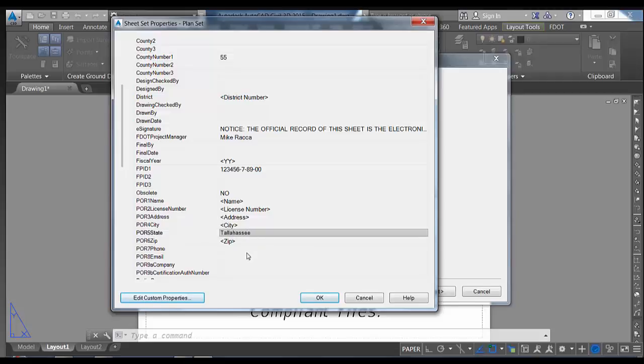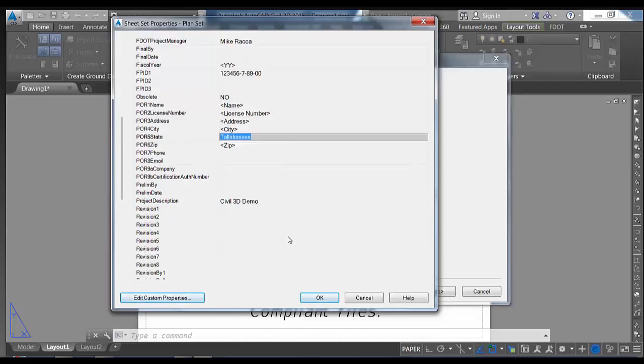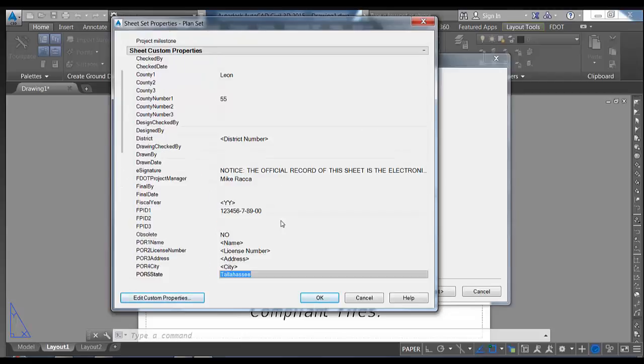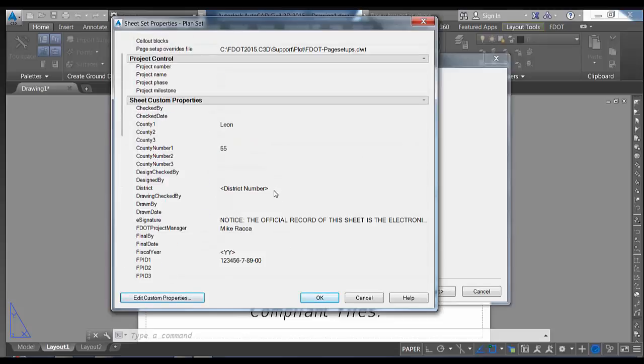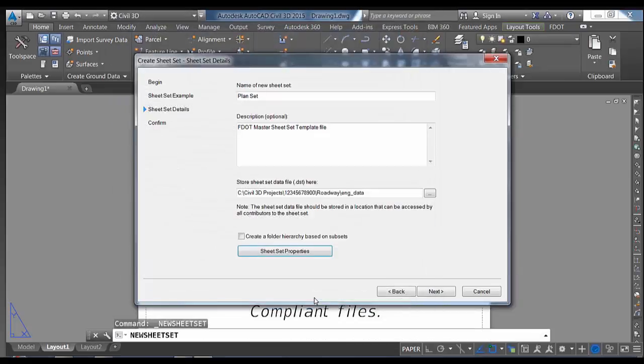So let me just change one of these. How about state? I'm going to put in Tallahassee. So when we build our title blocks, you'll see that information coming in. But don't worry, if you don't put in all the information here like you need to, you can always return to this sheet set properties dialog box at any time and edit or add to this box. Okay, so I just want to show you how you can get to it during the create sheet set wizard. So we'll go ahead and click OK,